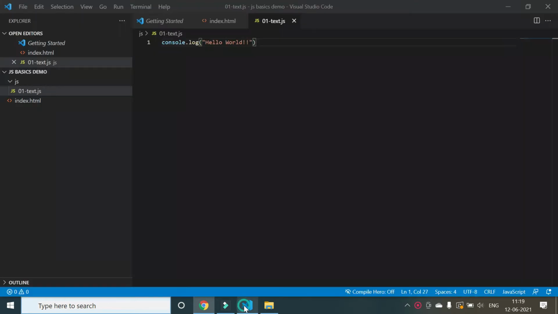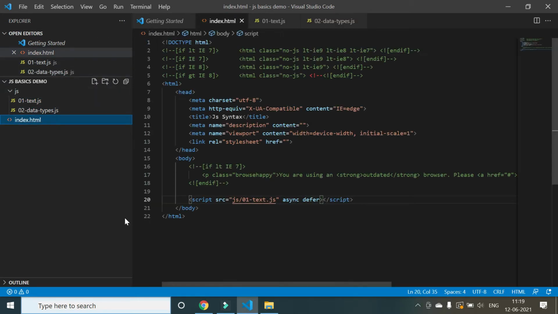But in JavaScript we just have one data type, which is var. The declaration of any variable will happen only with var. So how do we do it? I'm going to show it to you. Just create a new file here, and you can name it 02 data types.js, and don't forget to link the data types file instead of this one.